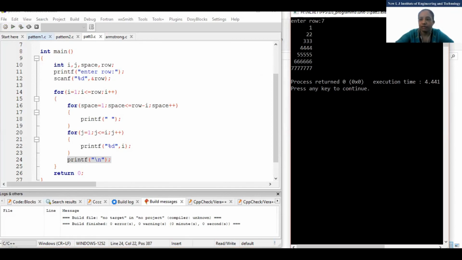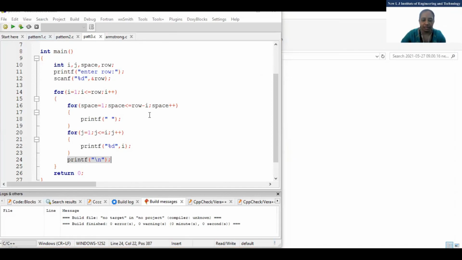Now I want to print that triangle we have seen, like this. Just a minute. This triangle: 1, then 2, 2, 3, 3, 3. So what I'll do is make a space after the number. See, I have made the space here in this printf.